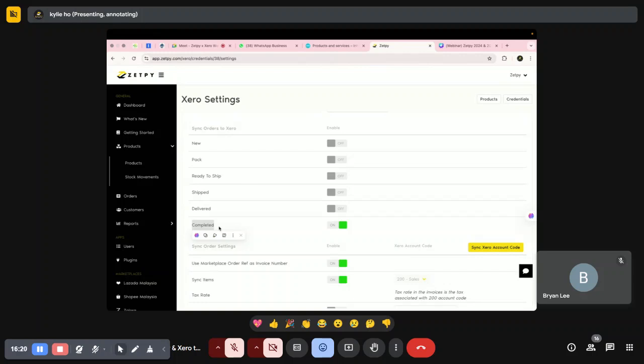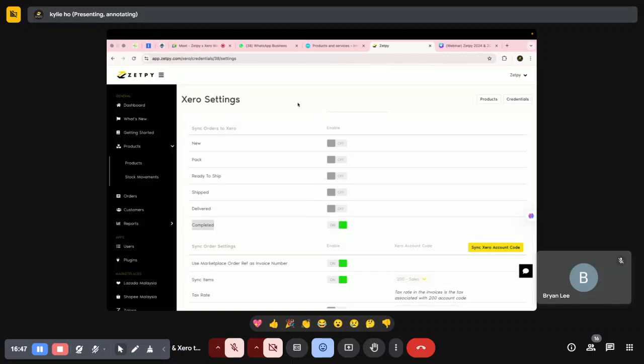So what I'm trying to say here is, you can actually choose up to which certain order status you only want to sync those orders back into your Xero. So there is no right or wrong. This depends on your current setup and your operation. Then you can choose the best status for you. But just a suggestion here, most of the users, they will prefer to sync starting at ready to ship